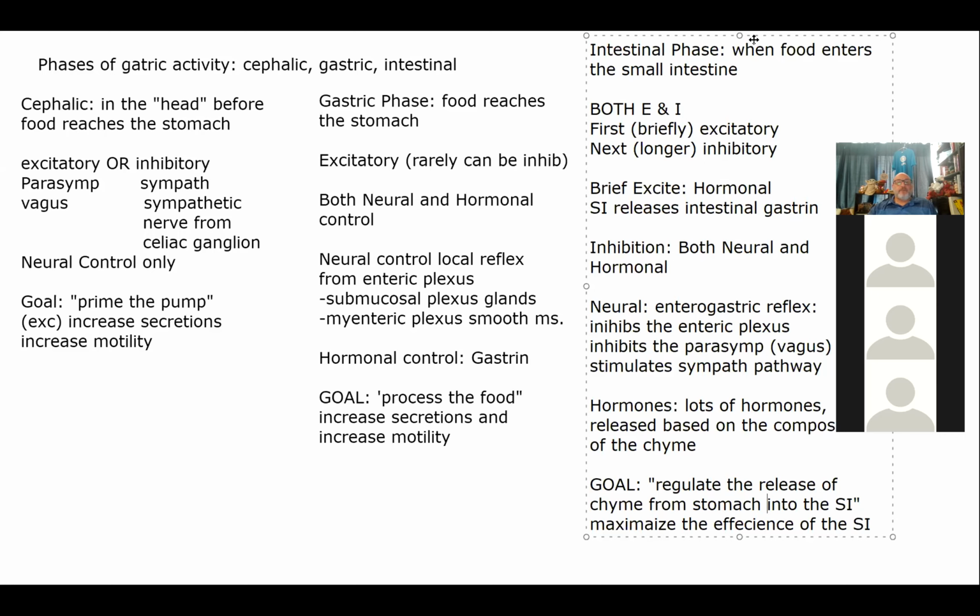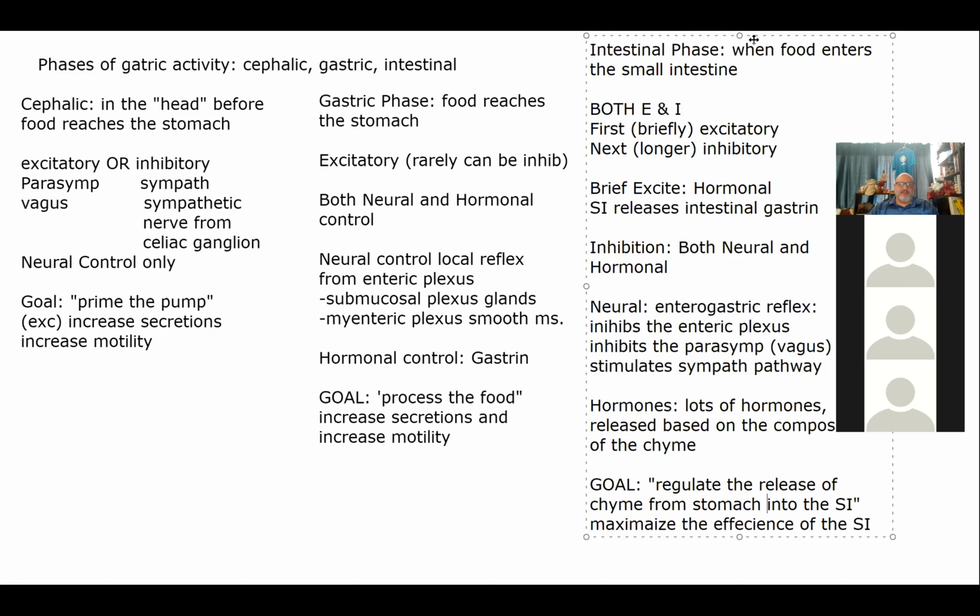I gave you a list of hormones. I gave you a list of the stimuli that causes the enteroendocrine cells to be produced. And I told you what the functions of those hormones were. That is definitely something that, for instance, could be a possible essay question. Would you need to incorporate those into this question? Probably not. Just saying that there are a list of hormones that are released based on the composition would be fine for this description of gastric activity,